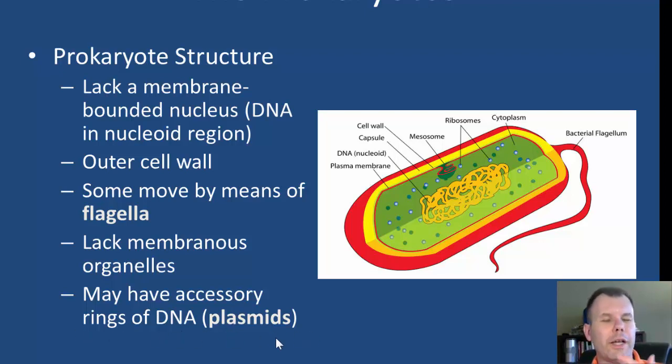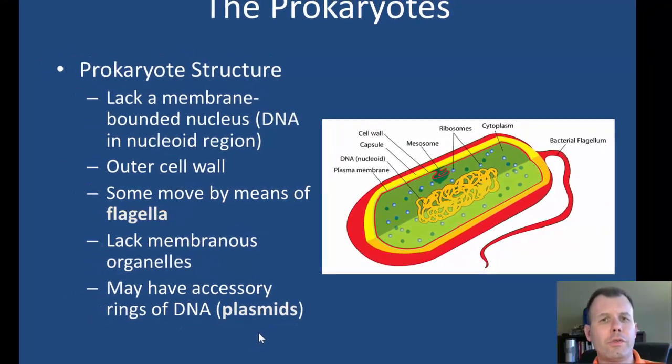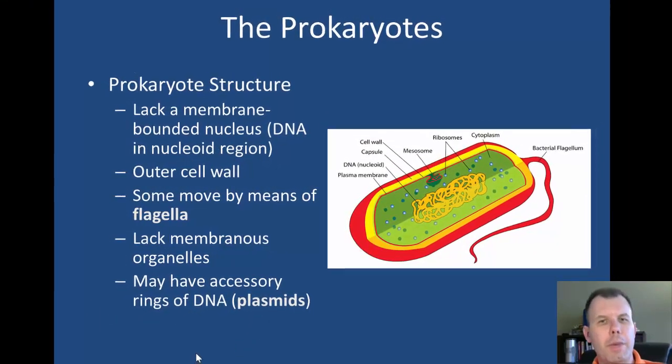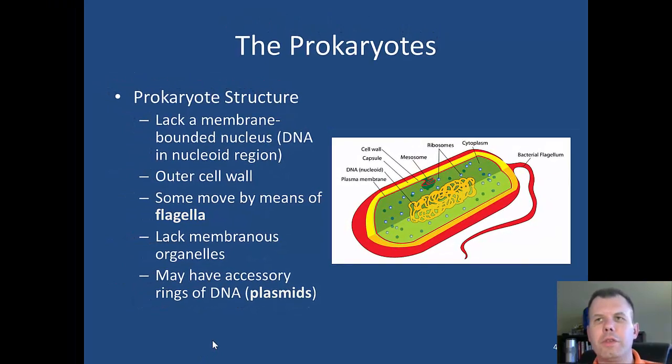And I know before I alluded to what I like to think plasmids are: things that allow you to have a better life. In my micro classes, when I teach microbiology, I always describe plasmids as the iPod or cell phone that bacteria have. They aren't really necessary for their lives, but they make their lives a lot easier. They encode genes that allow them to survive in areas they wouldn't normally survive in. So a plasmid is a little bit of DNA that encodes some genes that allow them to live in more environments and things like this.